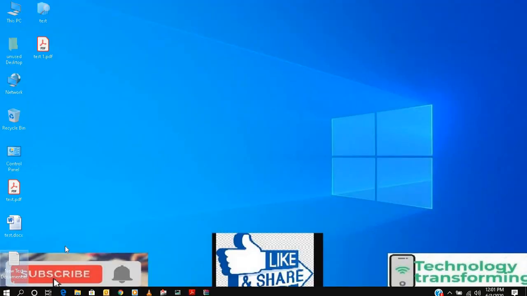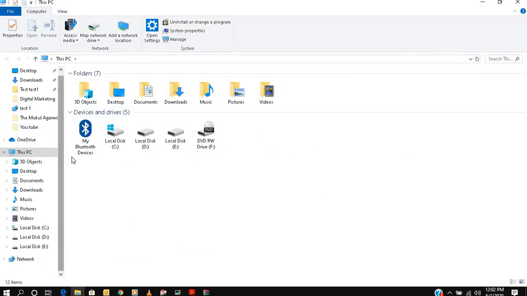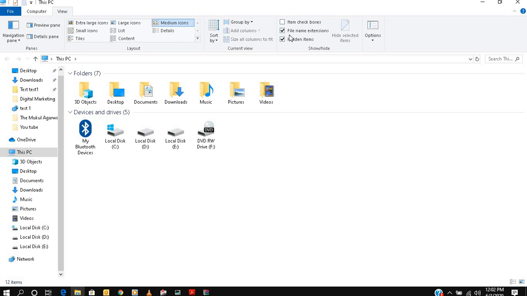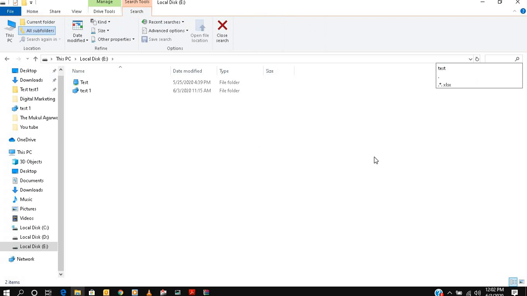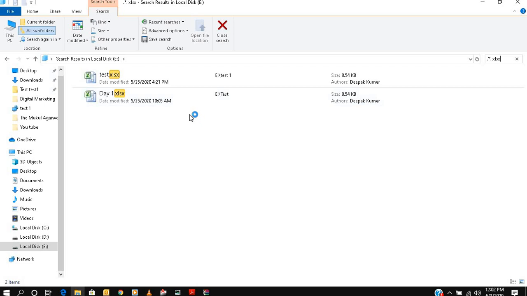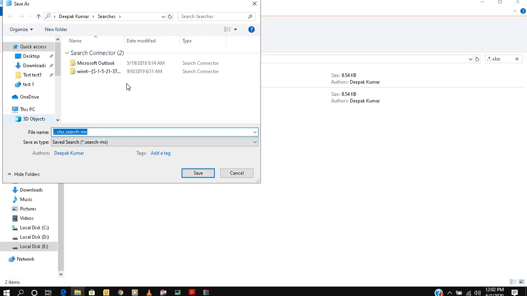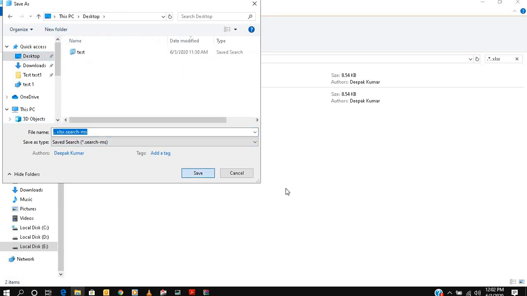Now we have one more, and I think the last command, and that command is basically the search command. So friends, in our last video we discussed how you can search for your things. Suppose we went to the D drive and here we want to search for a test, or some Excel file. Whether you saved it on the desktop or somewhere, you just search it as desktop first.